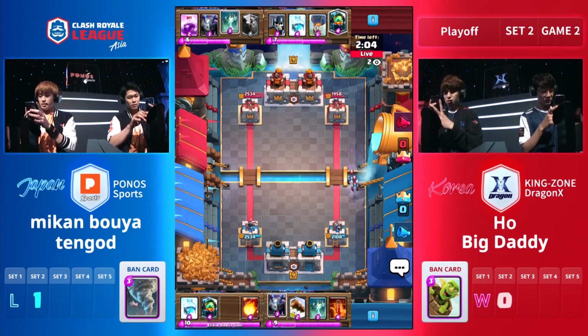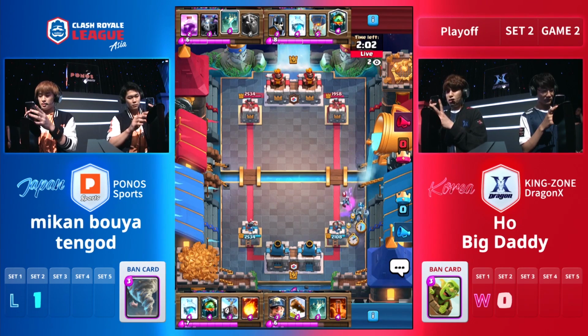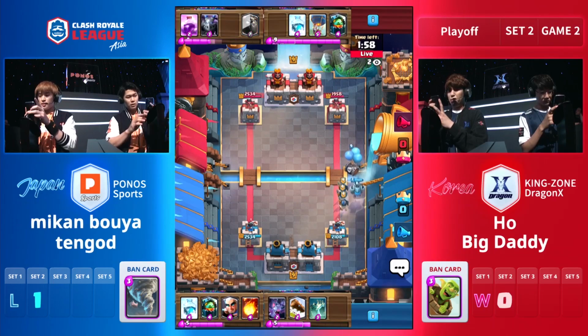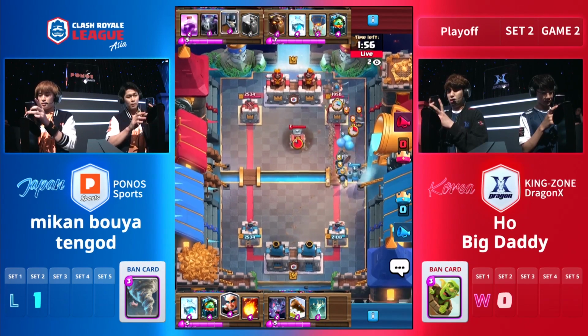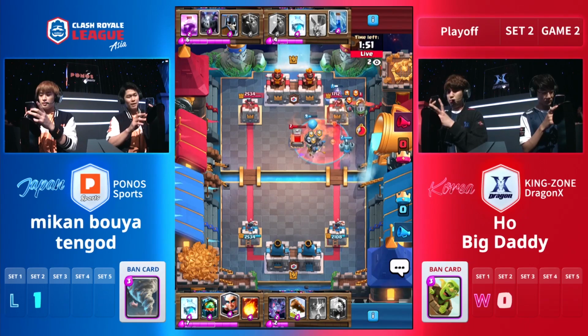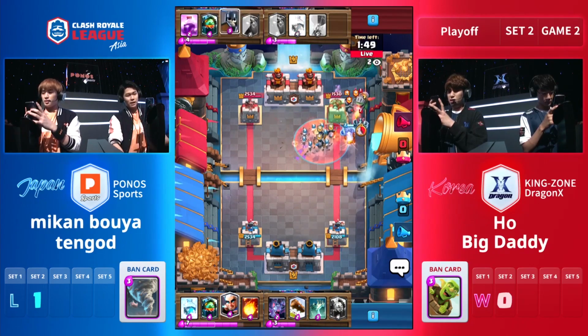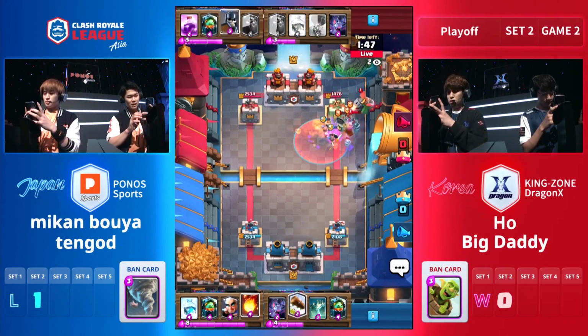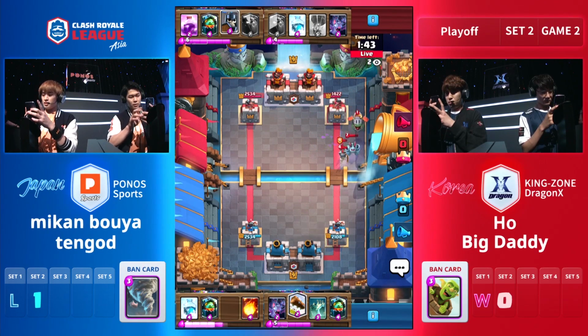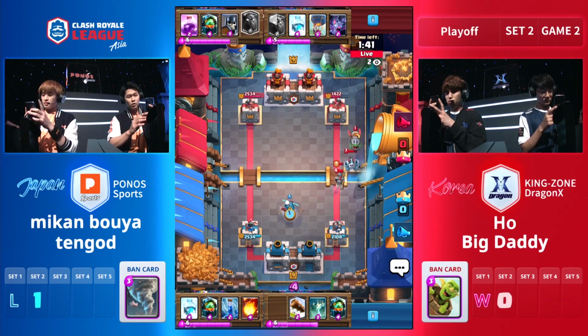But they did take quite a few hits there from that Miner at the back. That's got to be worrying. They need to try and shut that down almost instantly. So this is an interesting little bit of a change from what we saw in Game 1. They've got Freeze again, but now they're using the Skeleton Barrel instead of Lava Loon. Yeah, slight misprediction there by King's Own DragonX. Put the guards at the front of the tower but the Miner went right down the back, meaning he got